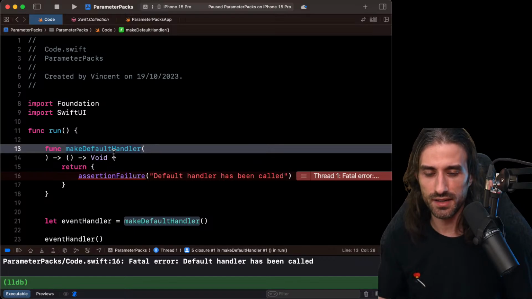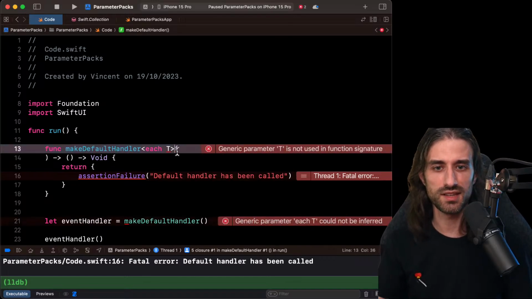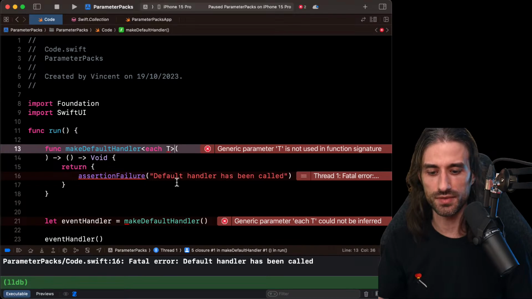So first we need to define the parameter pack. So here it's easy, each t, we've done it a dozen times in this live stream, so by now you should be familiar with it. All right, we've defined it. The function make default handler still takes no argument.